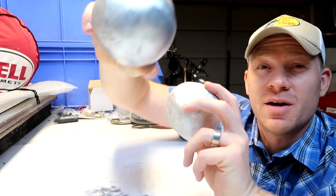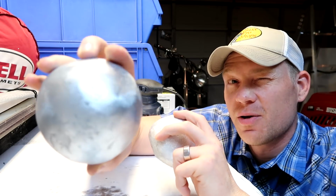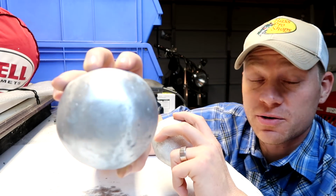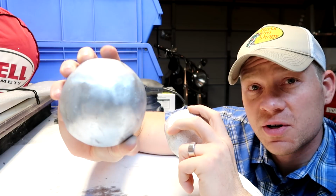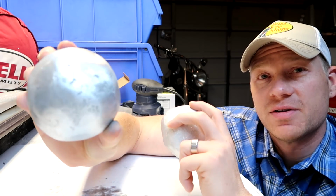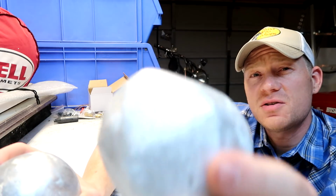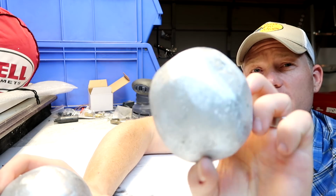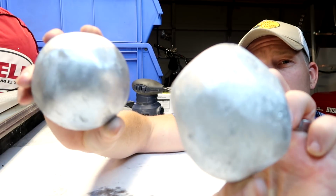So this one right here, we have done 100 grit sandpaper and 220 grit sandpaper. You can see it's pretty smooth already. There's not that many big divots in it. This one, I've started to use the 100 grit sandpaper, and you can see this one's not quite as round, but